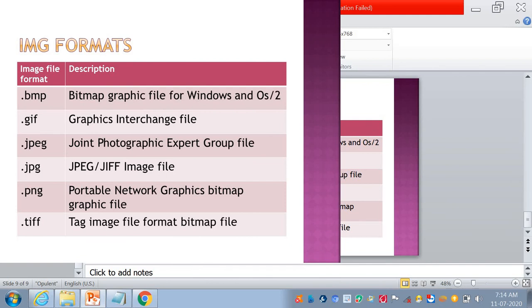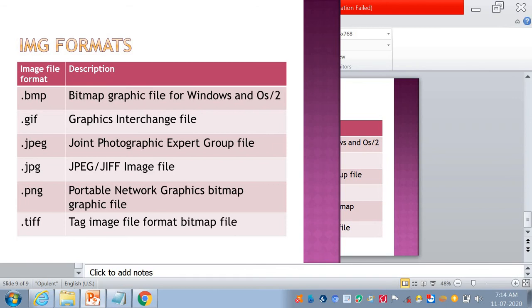Commercially, TIF format images are used very much as they offer the highest quality and a good amount of compression of the image with minimum loss, and PNG also uses lossless compression technology.